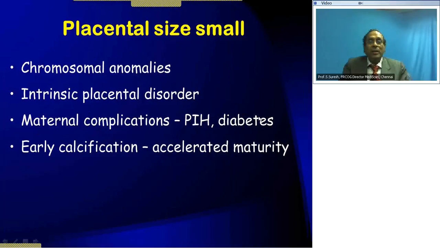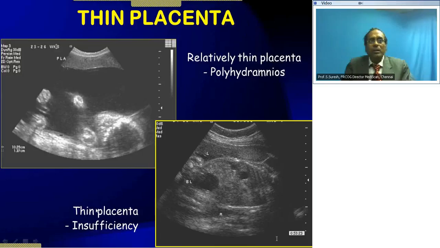Diabetes can have a large placenta and also a small placenta, especially pre-gestational diabetes with pregnancy-induced hypertension, for example, could have a small placenta. Early calcification actually means accelerated maturity, and this placenta could actually look small. Now, occasionally you can have a very small looking placenta where the area of implantation is very small,